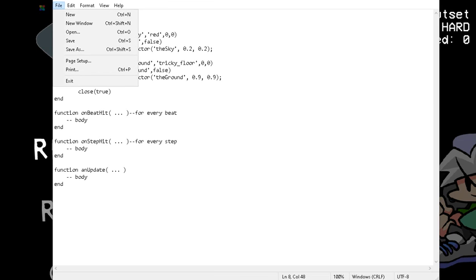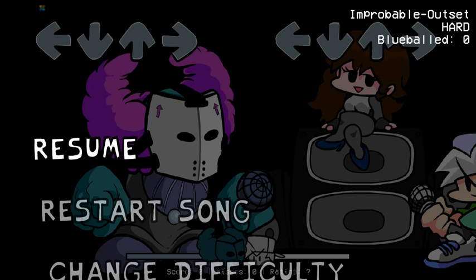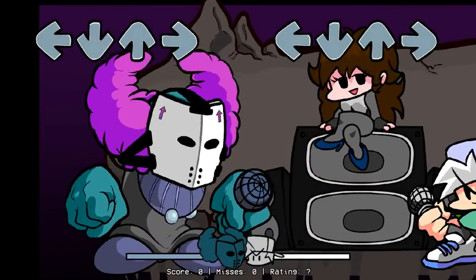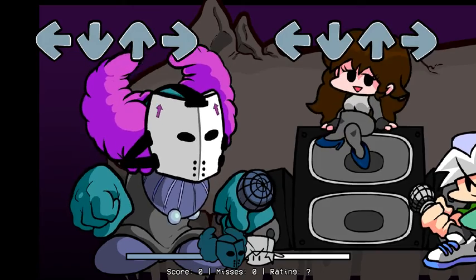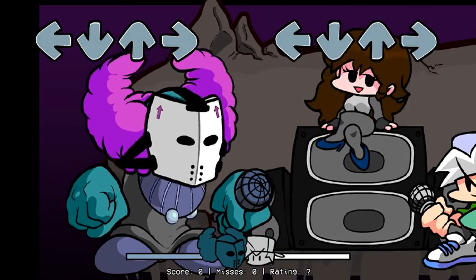So now that you've saved, you press that and then go ahead and restart the song, and then your props and assets will show up. 3, 2, 1, go! Now you might have noticed that they're all over the place. Now to get them in the right